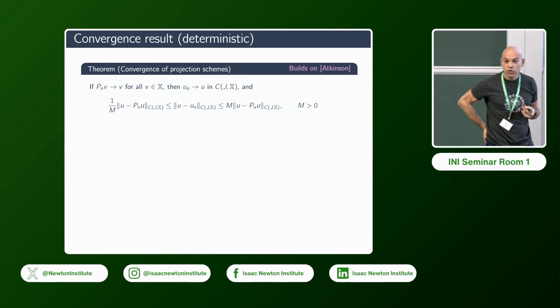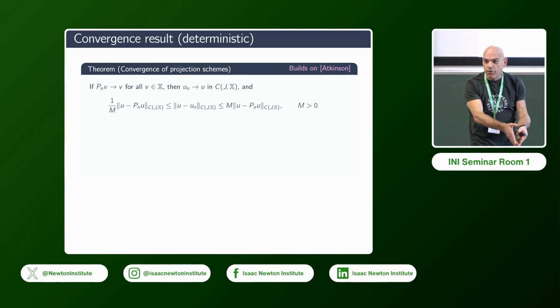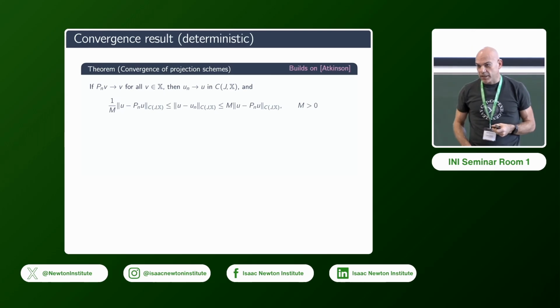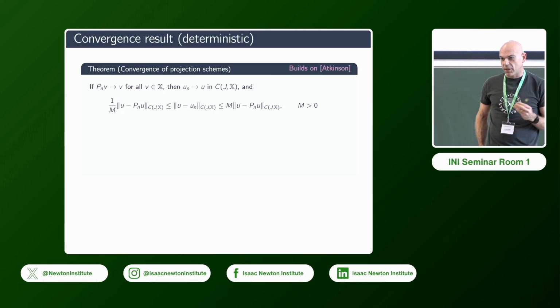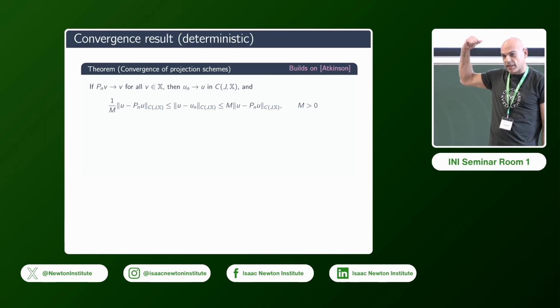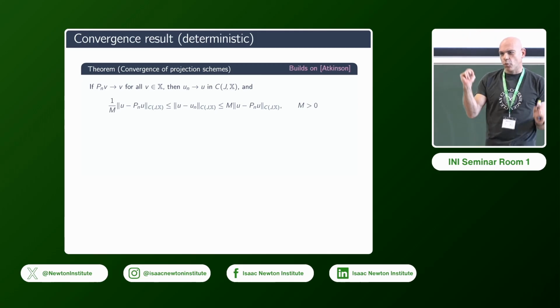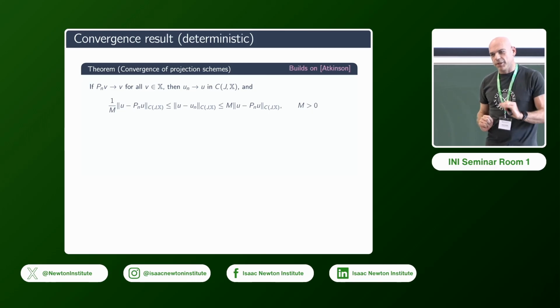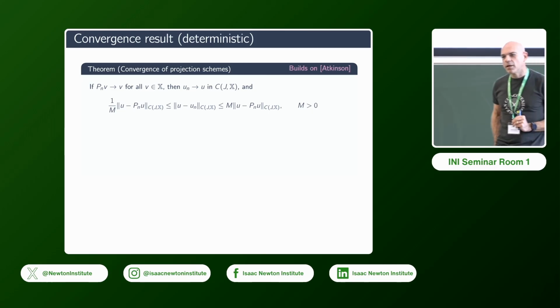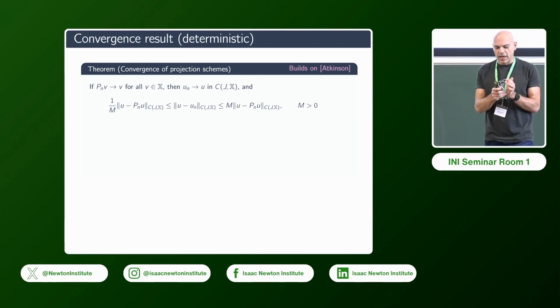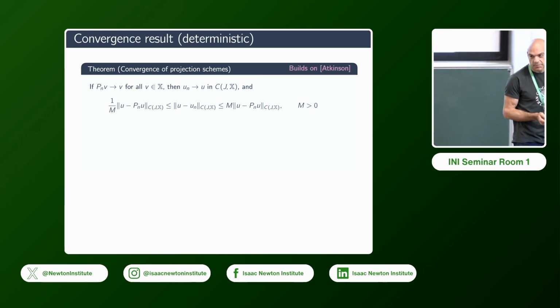The only thing you can do is push the error down to a tolerance that the user tells me. So if you walk in and tell me I want the error up to 10 to the minus 13, using this theory, I can say you need 25 grid points. And if you want to get it better, I'll tell you use 40 points. But you cannot get lucky. Never. Unless your problem is trivial. No, you can't.